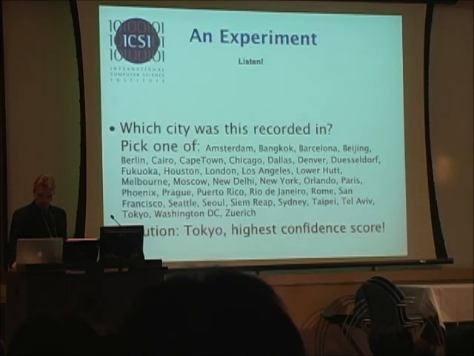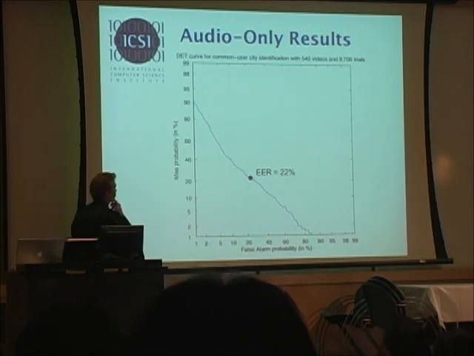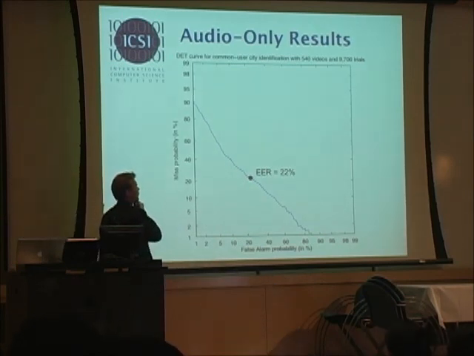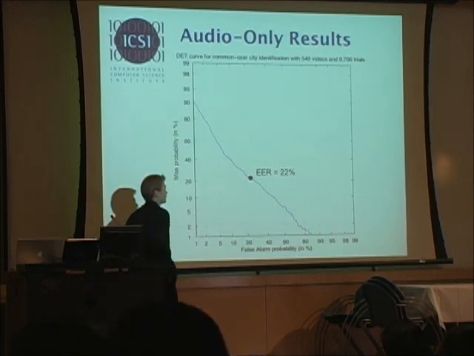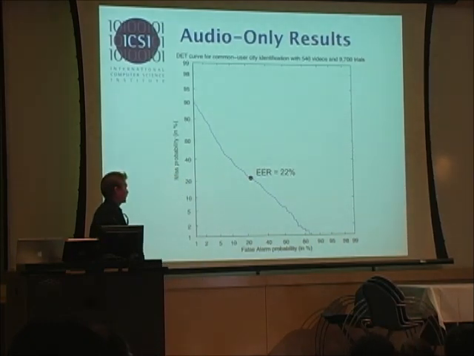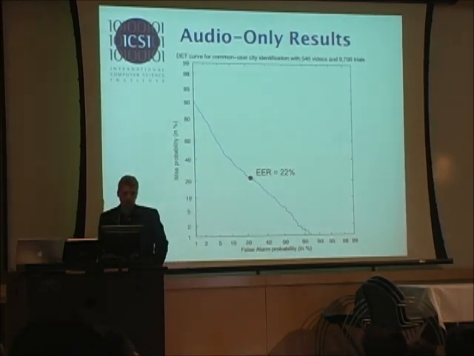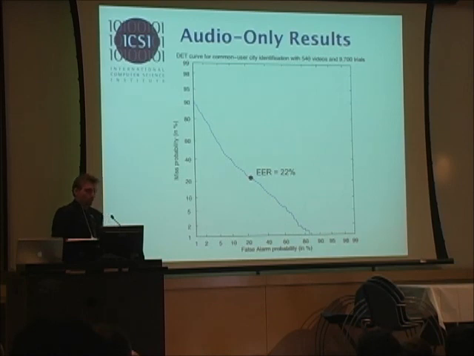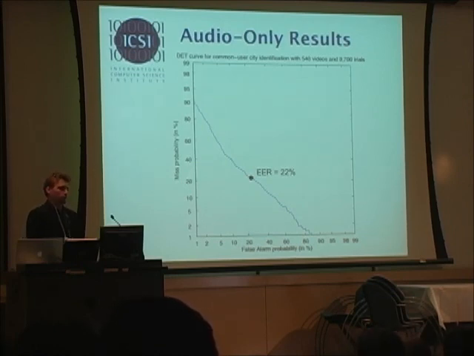So the question also, of course, and I'm giving you the audio results, given these preliminary experiments: we took 540 videos of these 30 cities, and we did 9,700 tries, an ID experiment. Of course, random chance would be about 50%. We are at about 52% equal error rate, and of course you can tune that curve in either direction. But given we used a speech ID system that was not made for this task at all, just a first shot at this, we were really surprised how well it works.